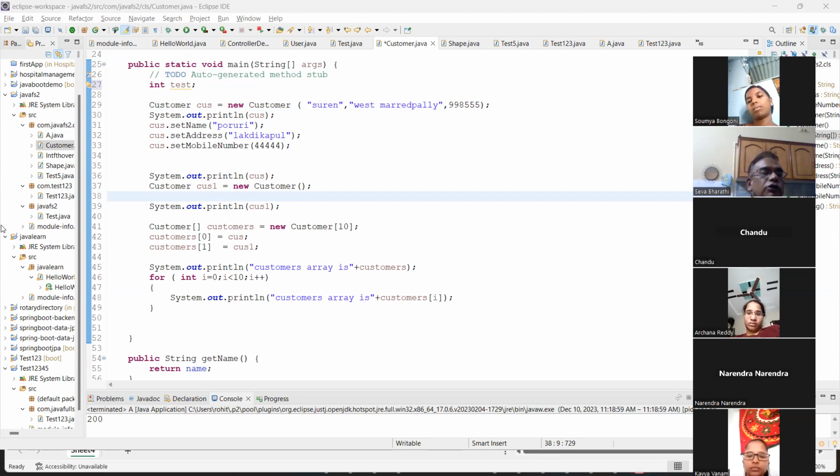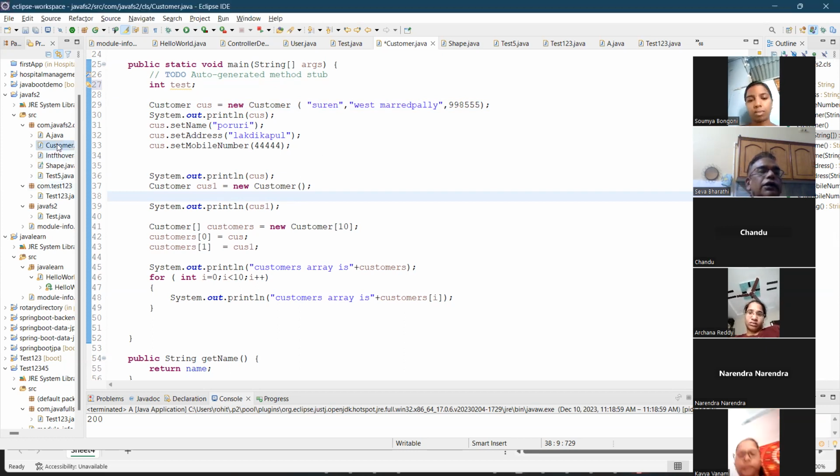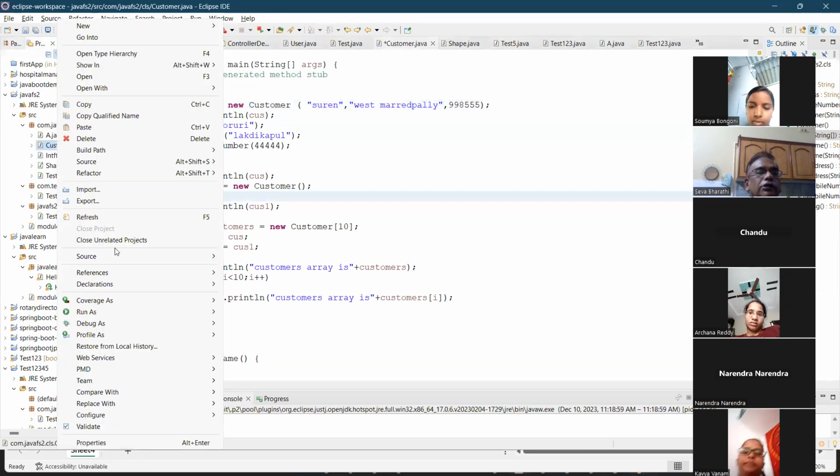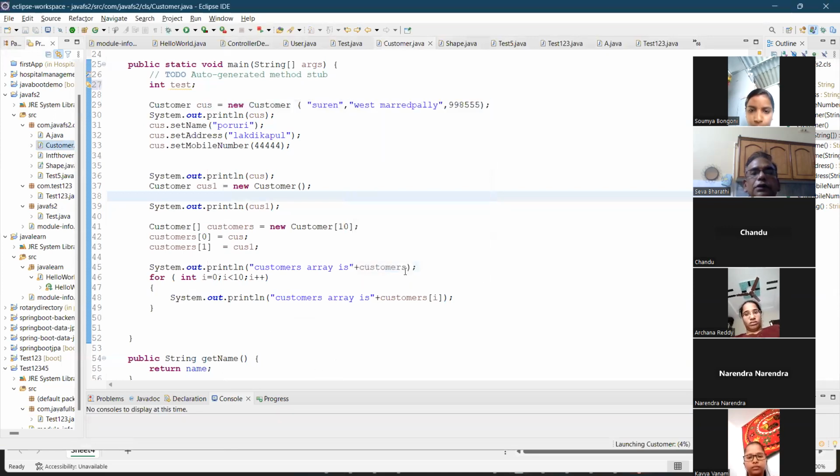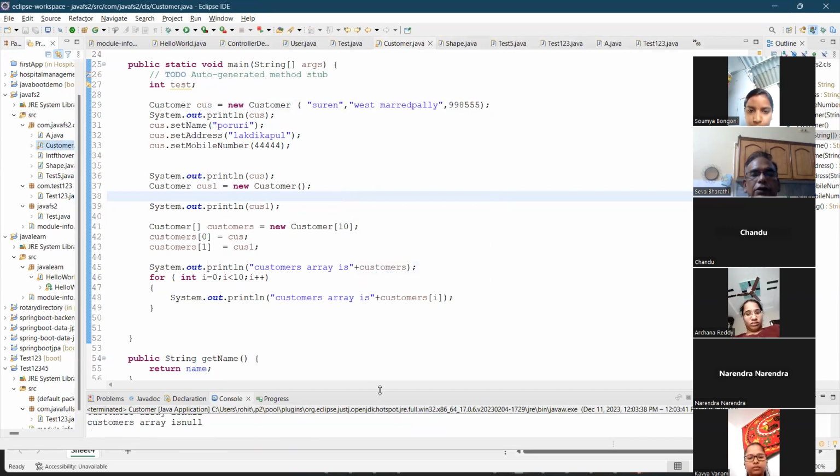So how do you run the program? Right click. So let me run. You have to click for run as. So run Java application, right? So when you run it,